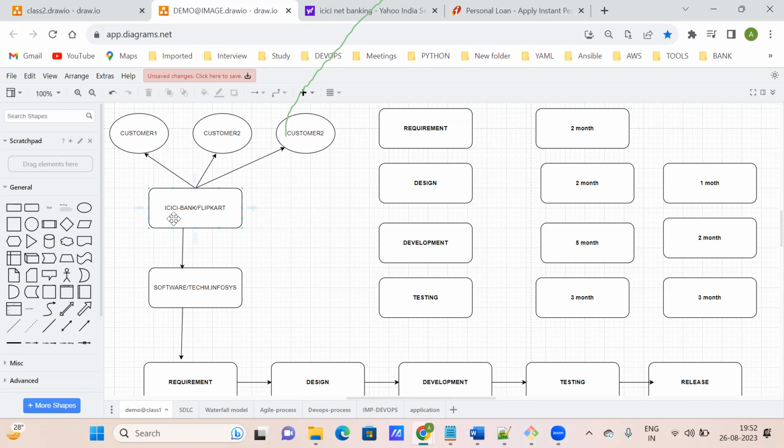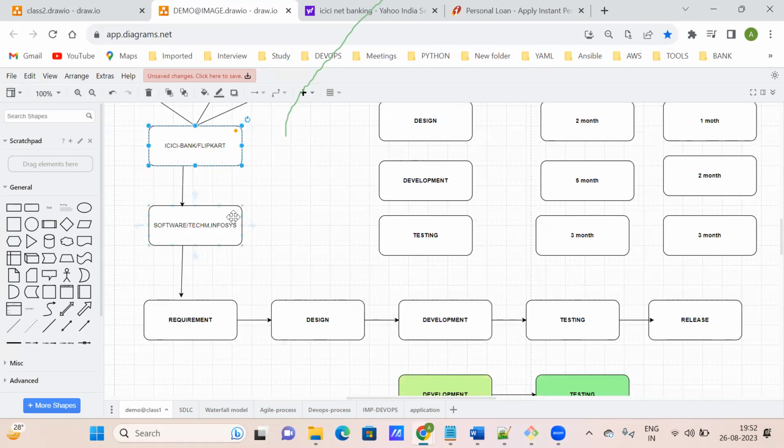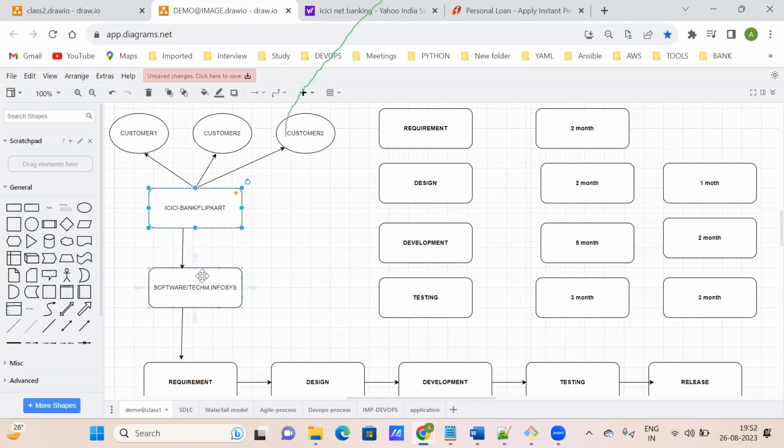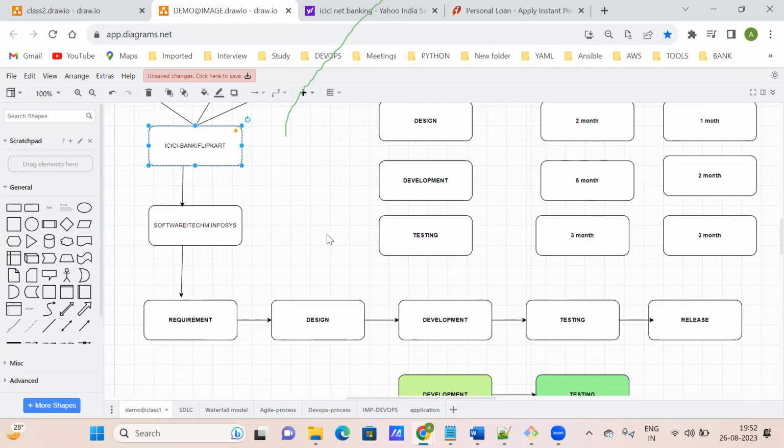So it is a loss for ICICI Bank. So next time, maybe they will not give the project to this company. Maybe they will choose another company. Why? Because they will say it is your design flaw or your process flaw, you can rectify that, because of your process problem we are not going to suffer. So this is what happens in the waterfall model. So in the waterfall model, what is happening?